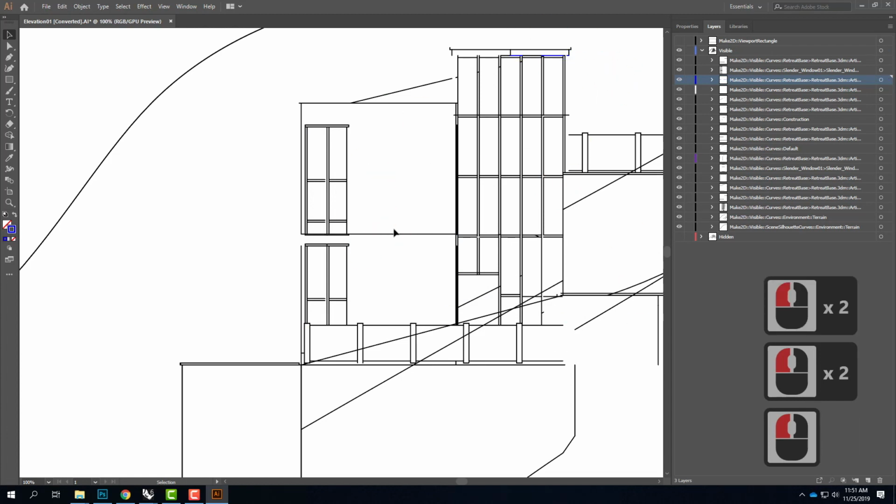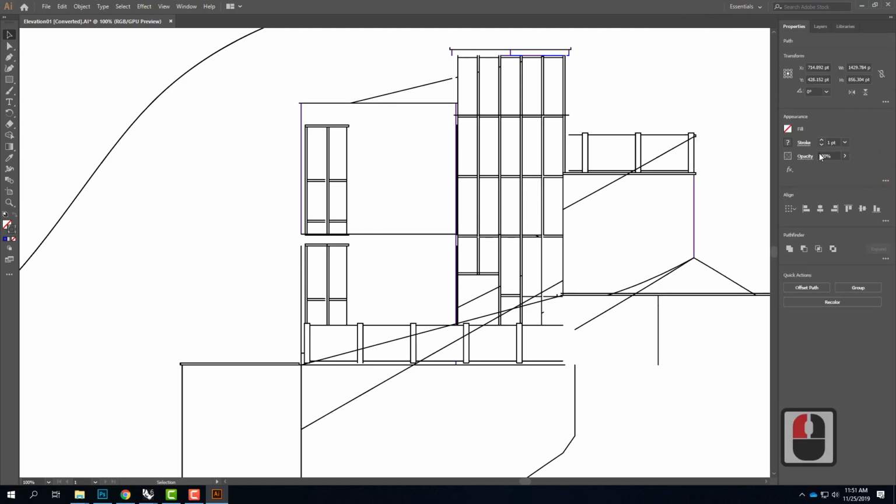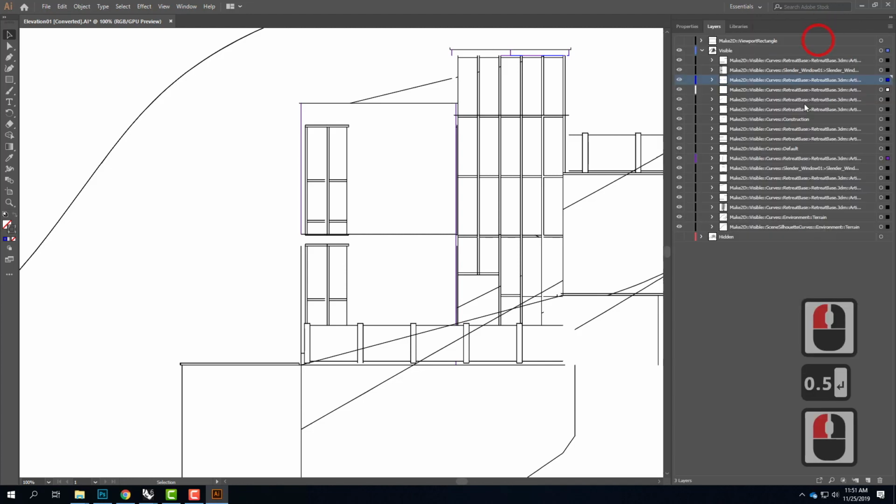The other thing that I can do is adjust line weights. So I could select all of these lines. I'll press Control A to select all the lines. And with all the lines selected, I could go to my properties and say I want my line weight to be 0.5 instead. And that adjusts the line weight. The advantage to having your